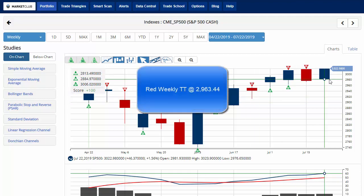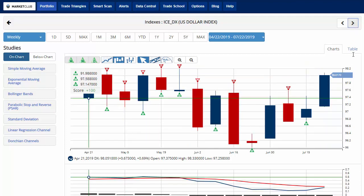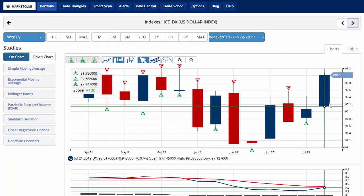Key level to watch next week has changed a little bit at 2,963.44. A move below that level would issue a red weekly trade triangle, indicating a move to a sidelines position for the S&P 500. Dollar index following the S&P 500 and NASDAQ higher on the week, up almost 1%, trading